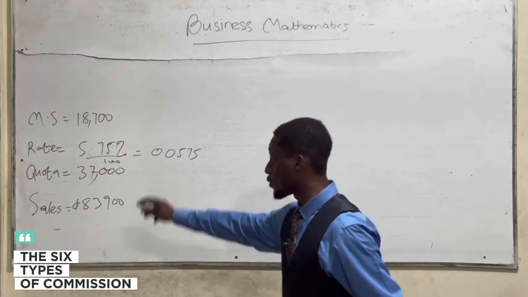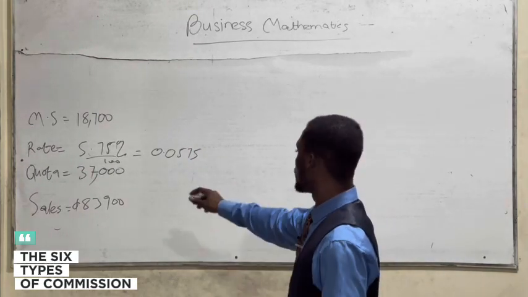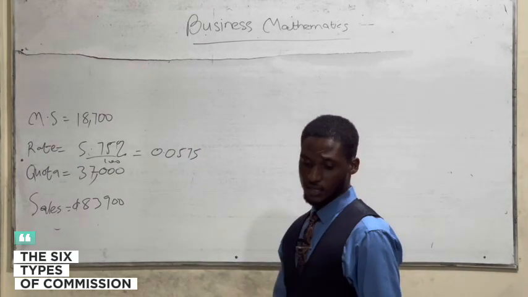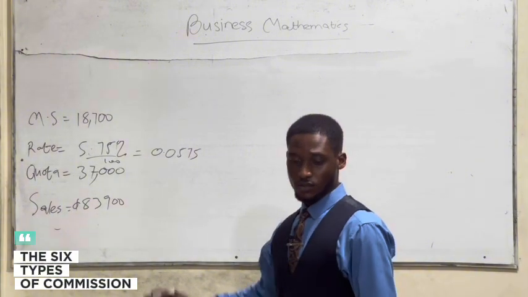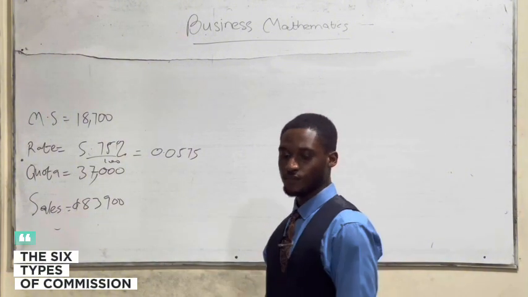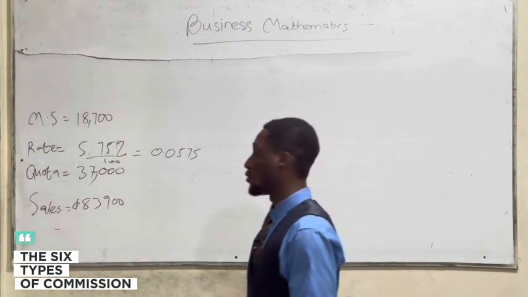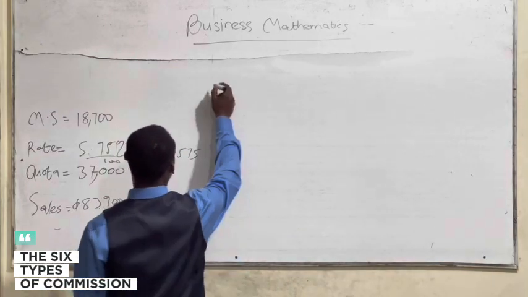and we have our quota of 37,000. We have our sales, 83,900. So now we say